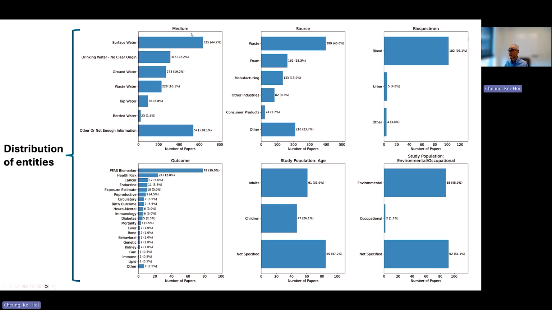For population, we divided into two groups: by age, and by environmental or occupational type of population studies. And you can see their corresponding distribution. Similarly, for outcome, you can see health risk and cancer are near the top.